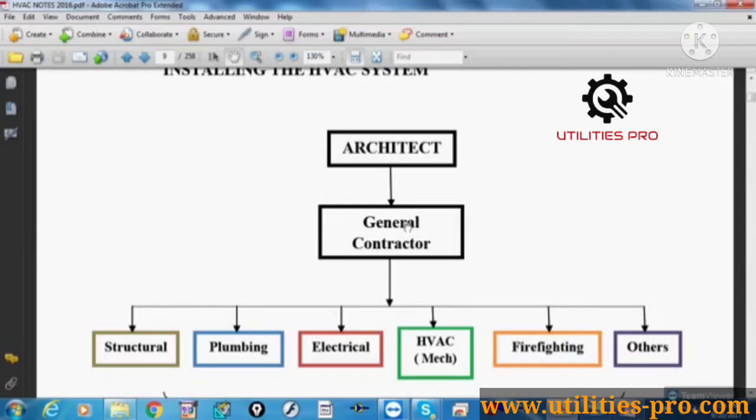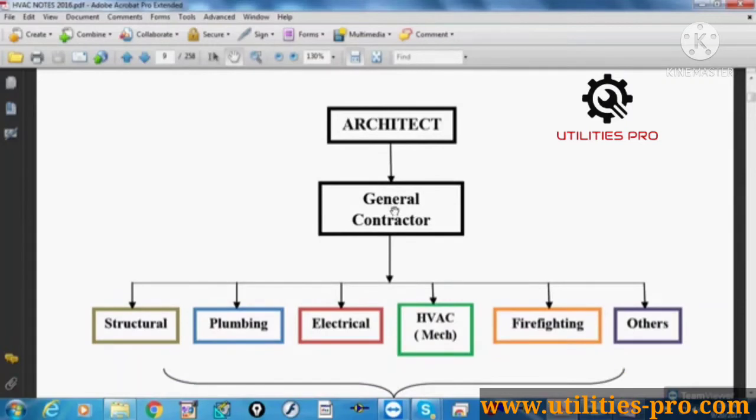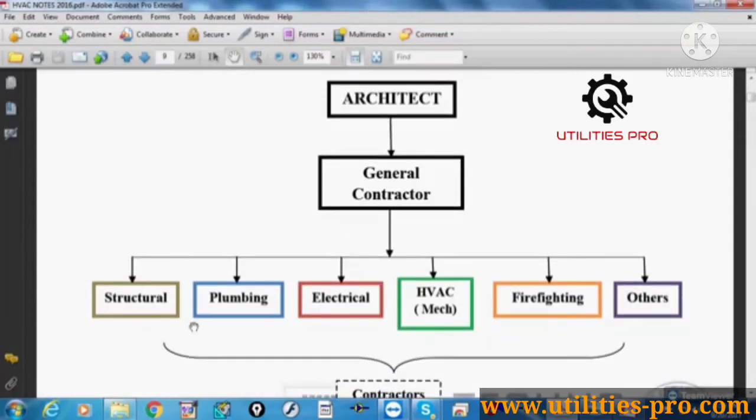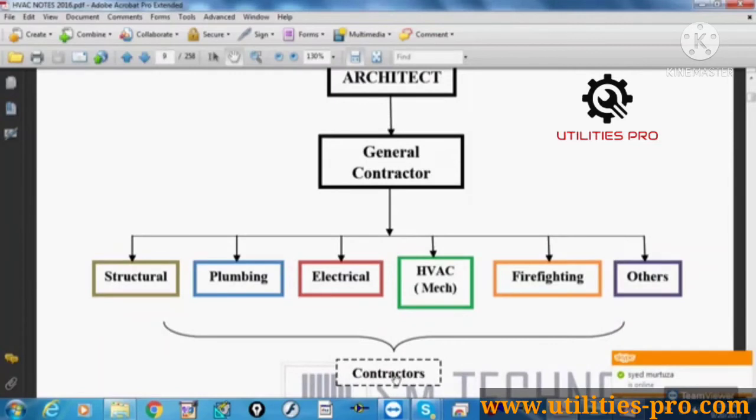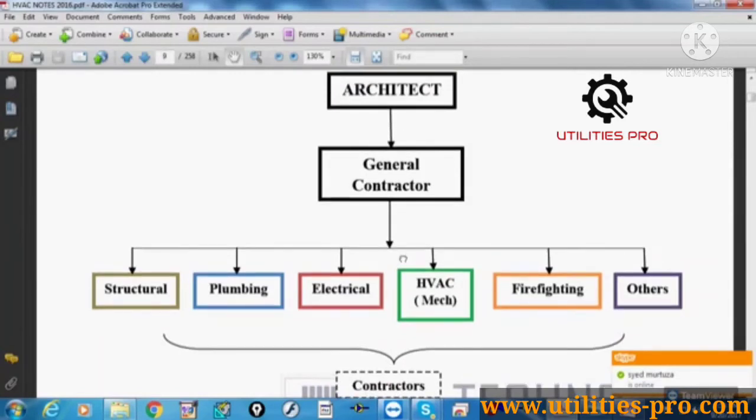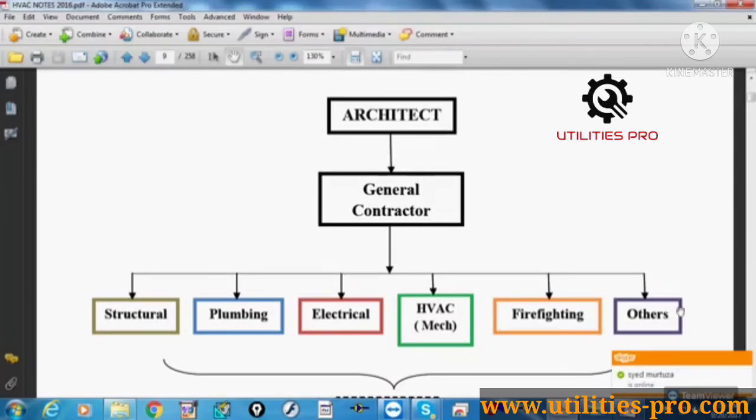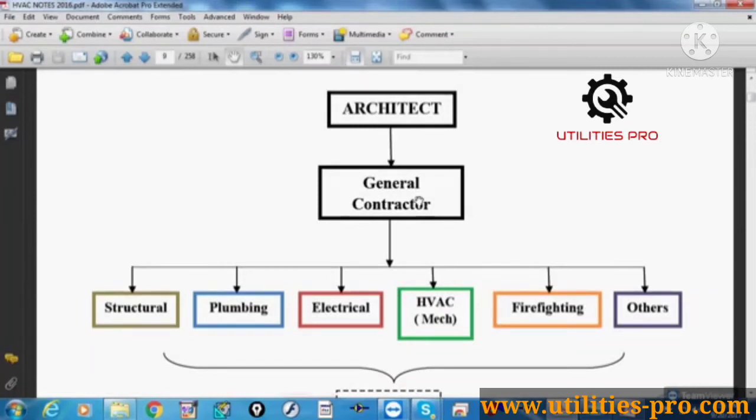He will contact the contracting company, as I said just now, tendering, site job and so on. So here, a general contracting company, one company offering all the services, or a big construction company, will take care of all this. Or else it can be a separate contractor for civil, a separate contractor for mechanical and other services. So these are all contractors or contracting companies. Whatever the case, the architect will provide all the design drawings to the contracting company when the contracting company wins the project. Okay, then they will prepare the shop drawing, etc.